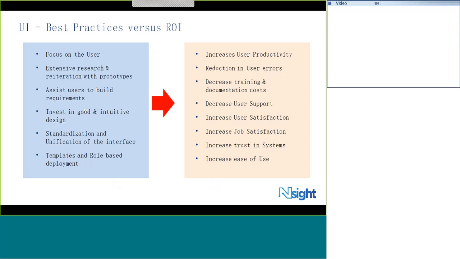If we see the best practices when we implement SAP Fiori, what is the return on investment? The best practices of user interfaces focus more on the user. There is extensive research, and currently there are prototypes available which can be used. Assist users to build requirements, invest in good and intuitive design, standardization and unification of the interface, template and rule-based deployment. These are all the best practices which user interfaces follow. And the returns are also very nice, like it increases user productivity because the Fiori is,